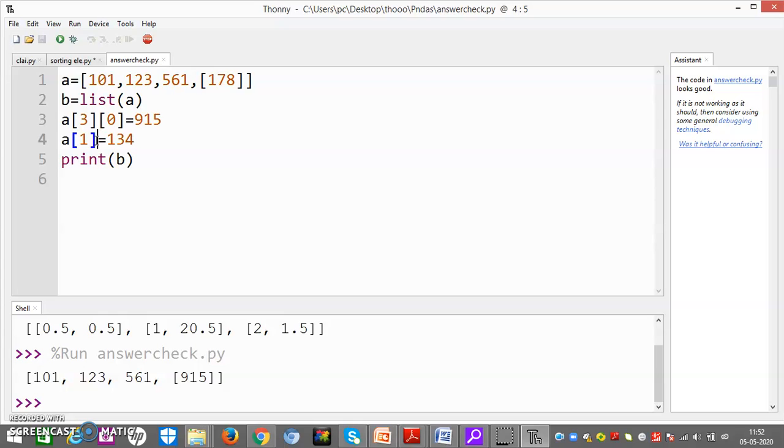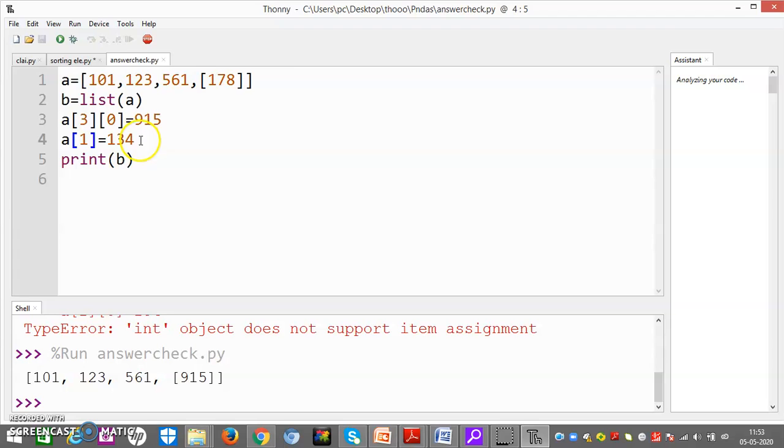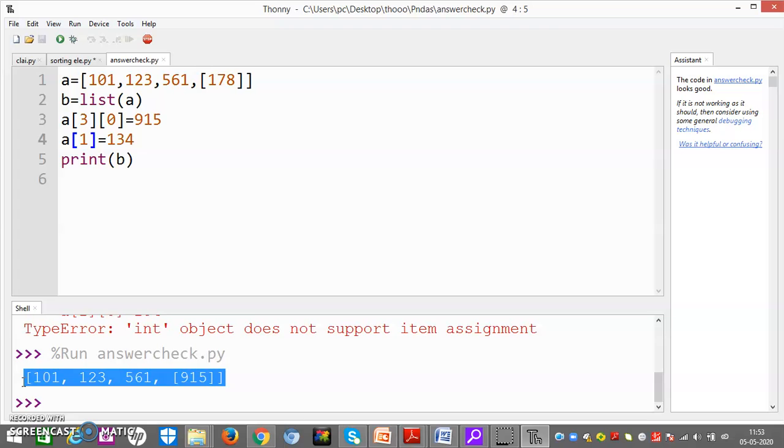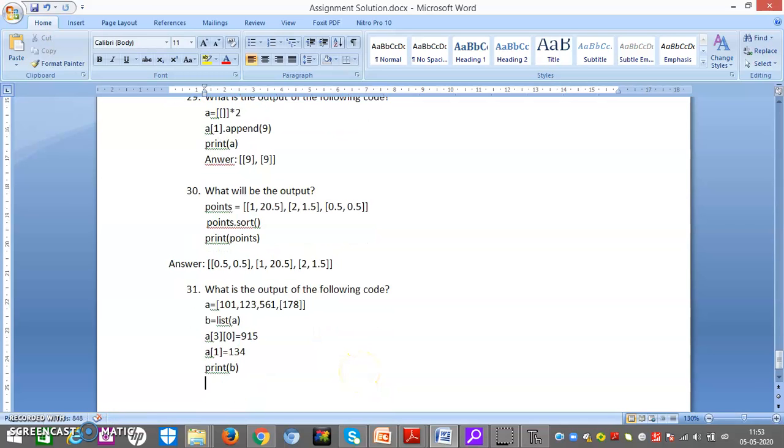If I write 0 here, then see what will happen. Okay, we have to explore our programming. This is an error because this is not a type. So A[1] is 134 is not initialized as this value is initialized, right? So your answer will be yes. Let us look at my answer book. Right? So the answer will be yes.